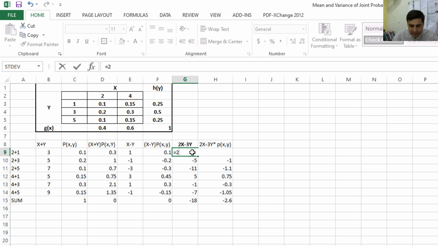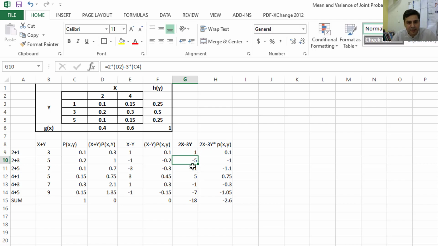Just write equal to 2, because in this equation it is 2 into x. So what is x now? 2 into, let's suppose this is 2, 2 into this minus 3 into y, which is 1. Okay, so this way you will calculate.